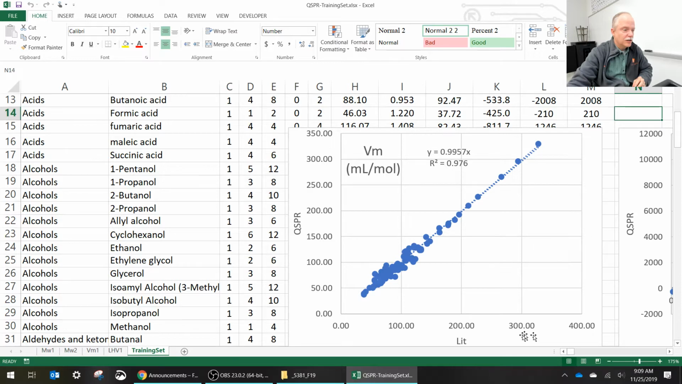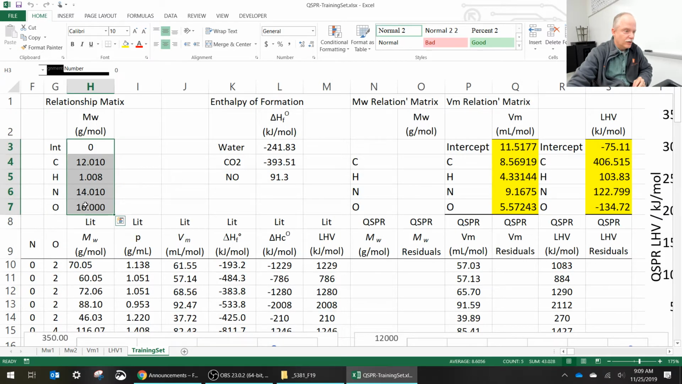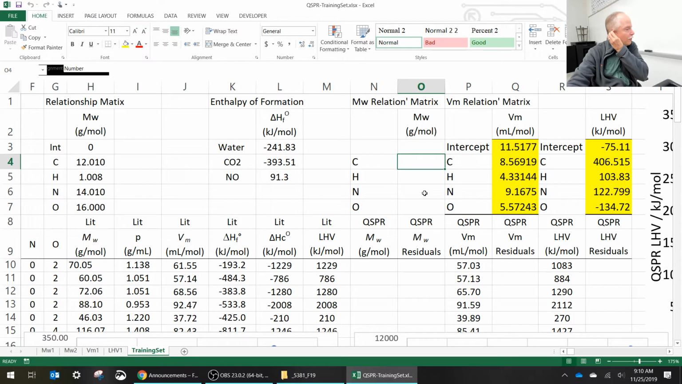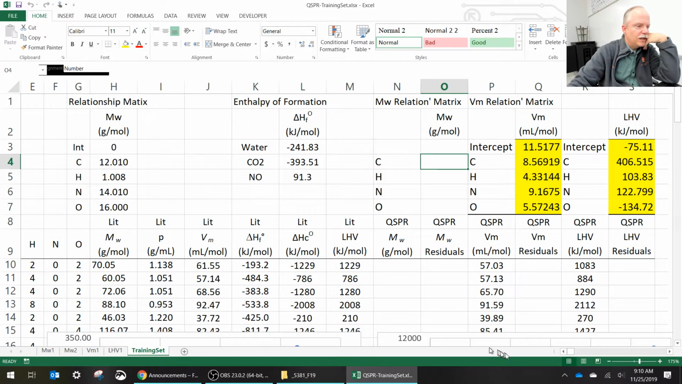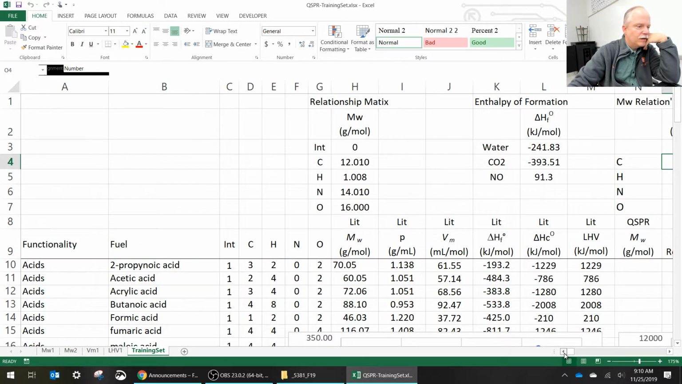I'll go ahead and put this one in yellow too. Actually, no, we didn't paste in the relation matrix for the molecular weight. Yeah, it actually turned out to be essentially the model that was used to generate that column. Not yet. But one thing that we're missing in this spreadsheet up here at the top that I would like to see in your projects is